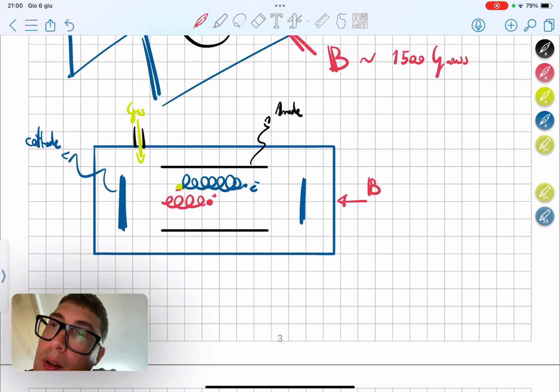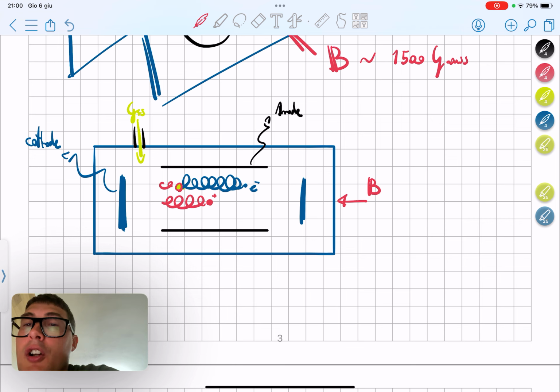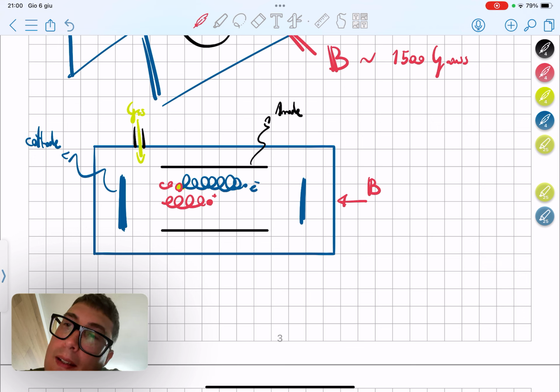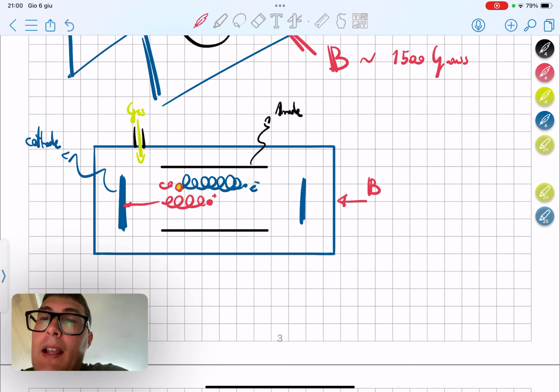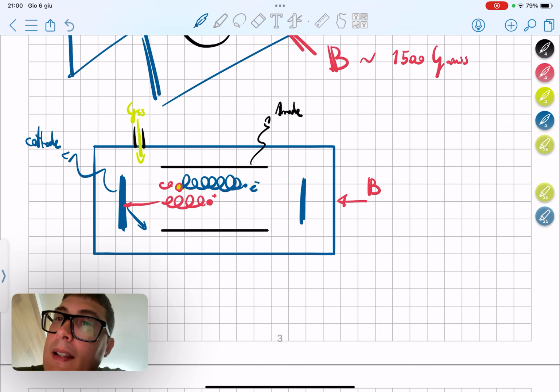This one becomes ionized and spirals again. So essentially the principle is that they are pushed towards the cathodic part. As soon as they reach the cathodic part, they pulverize the cathodic part. The cathode is made again of titanium, and the titanium will be spread and fill up all the surface that